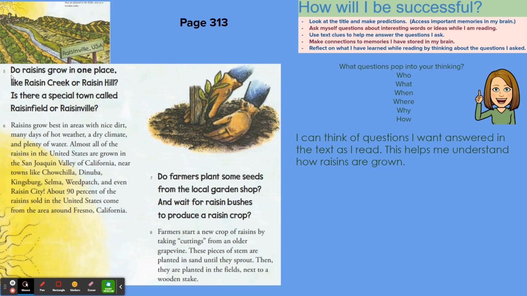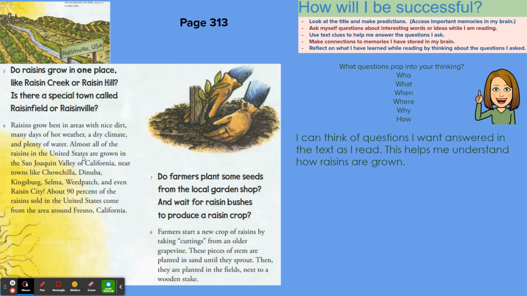Do raisins grow in one place, like Raisin Creek or Raisin Hill? Is there a special town called Raisinfield or Raisinville? Raisins grow best in areas with nice dirt, many days of hot weather, a dry climate, and plenty of water.